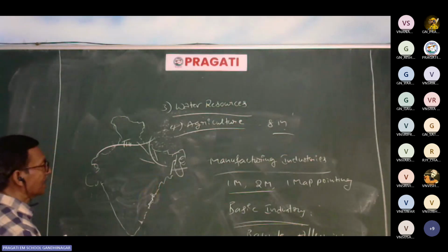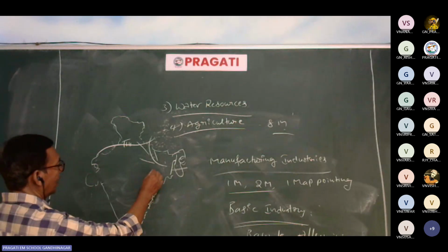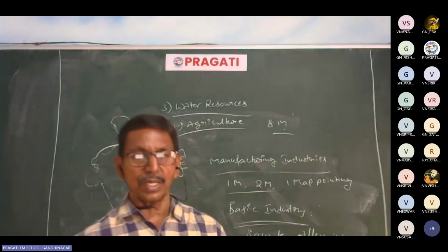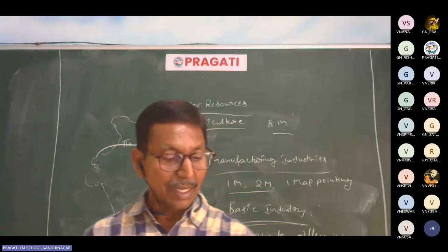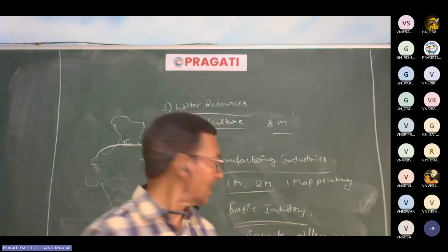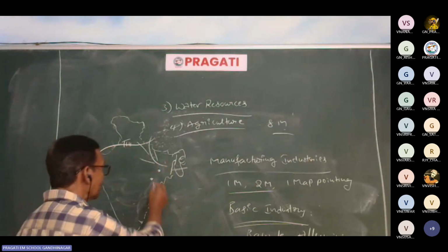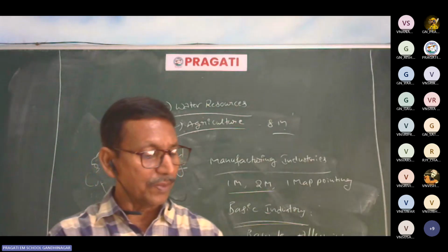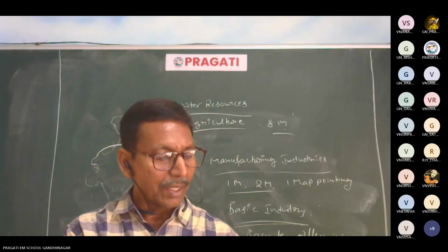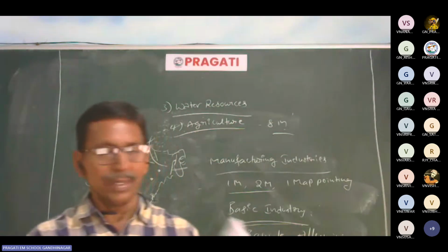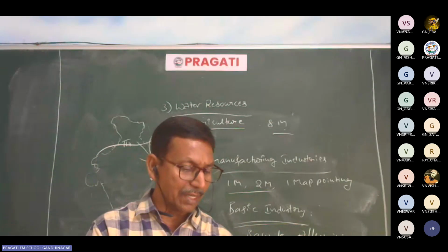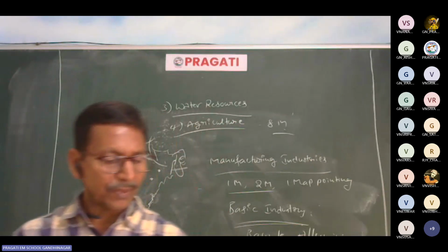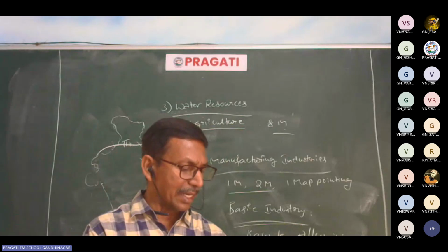Here Visakhapatnam steel plant, here Rourkela in Odisha, Durgapur in West Bengal. Try to mark the map pointing regarding industries accurately. If we have doubt, try to put a dot and a label, for example, Rourkela steel plant. This is upward, in Orissa. Down to Jharkhand, Bokaro steel plant. Bokaro was once upon a time in Bihar, now Jharkhand. Jamshedpur is in the Jharkhand area.